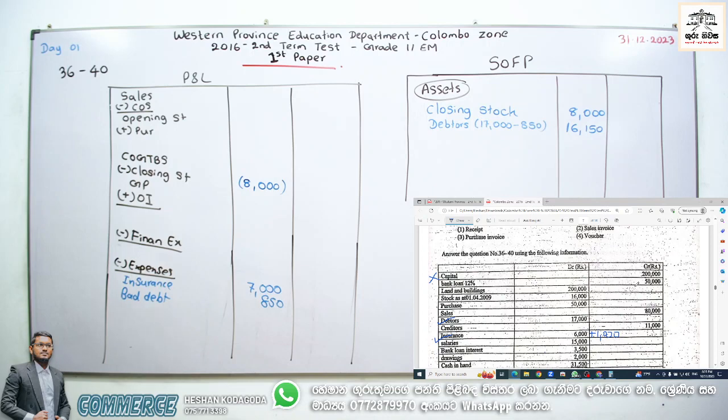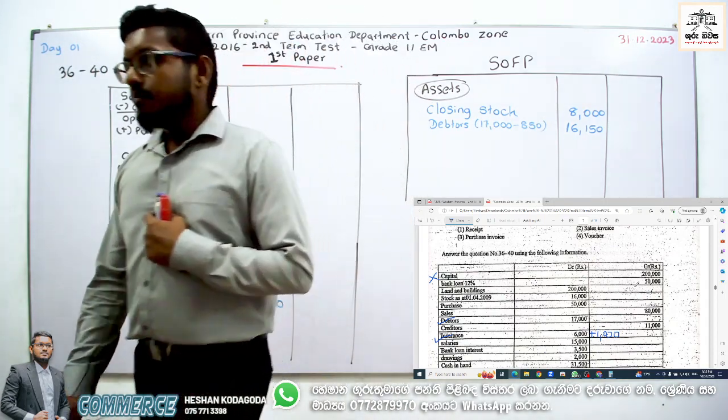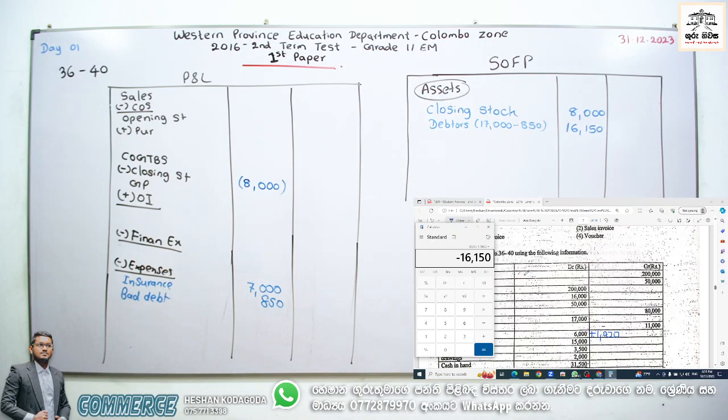So bank loan 12%, 50,000. Now in here, concern is very much. Now in here, bank loan 50,000. It's a non-current liability. Am I correct? Okay. But 12% bank loan means we need to find 12% interest. Now this is 50,000, multiply 12 and divide 100. So it's 6,000 is the